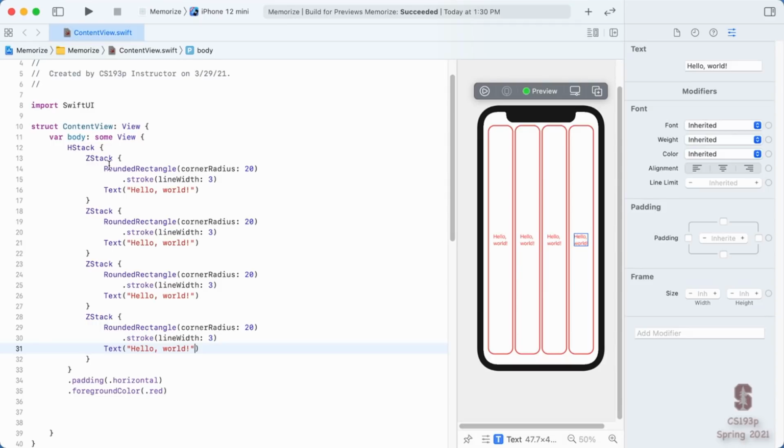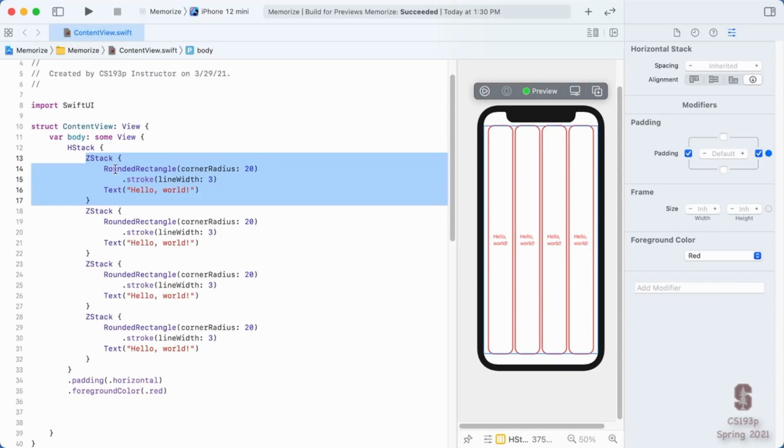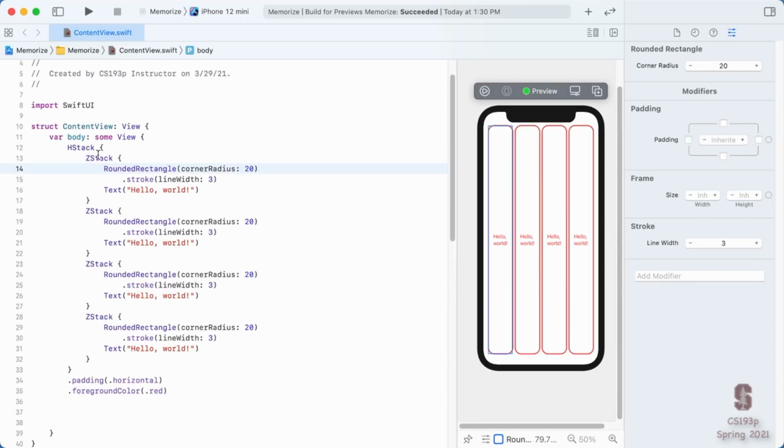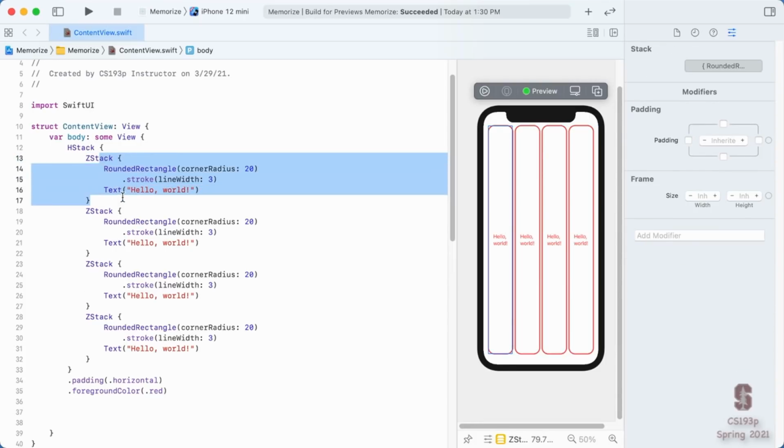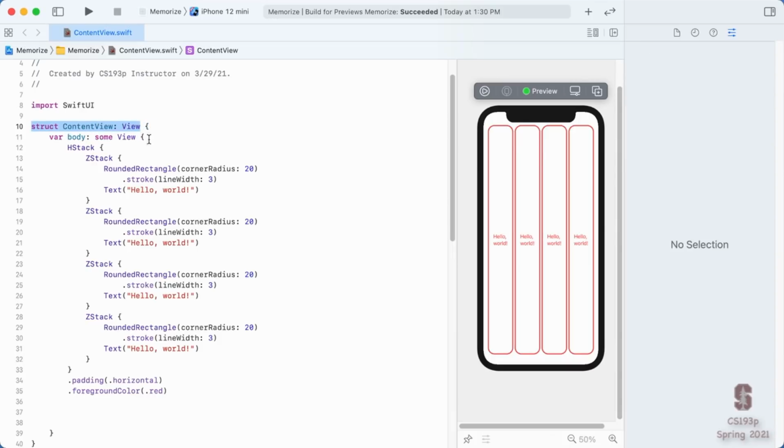Well, what we're going to do is create a dining room chair Lego. Remember I told you that we can create Lego out of other Legos. We kind of did that with a Z-stack here. We created one card Lego, kind of a dining room chair Lego. We kind of did it on the fly. There's no reason we can't create a new struct that behaves like a view, which is a card view, a dining room chair view, if you want to think of it in the Lego terms. We can do that anytime we want.